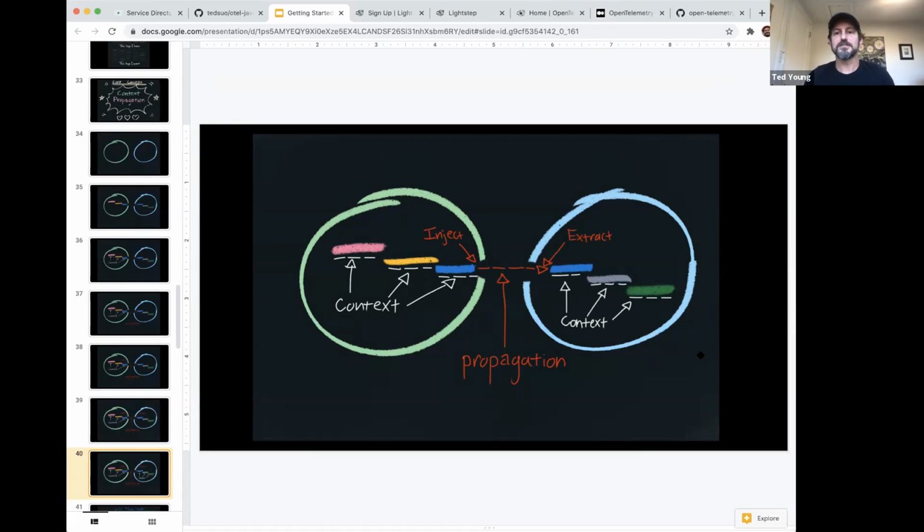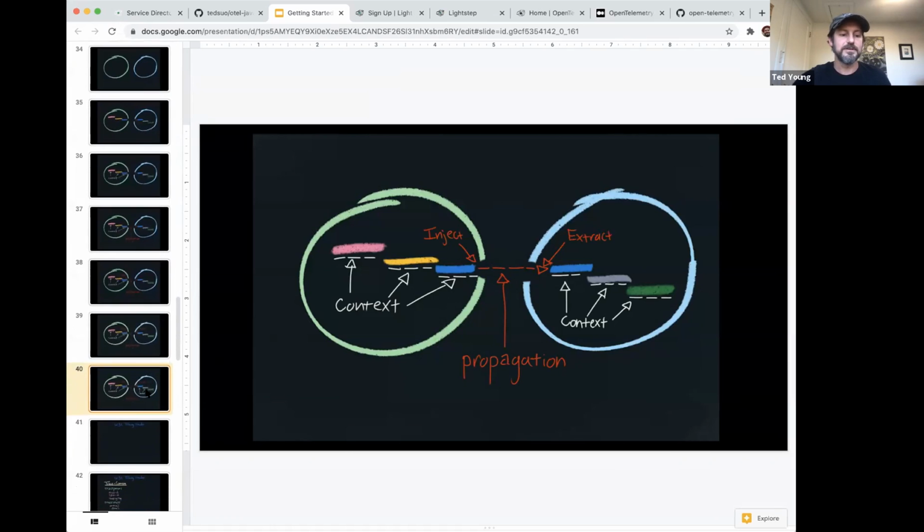And so this is sort of the core underlying principle that all of OpenTelemetry is built on top of. You have a context object. The context object tends to be kind of hidden in Java, but it is there and you can't access it directly. And then you configure what are called propagators that define, when you have something like an HTTP request, what should be injected and what your system should look for on the other end in order to extract.